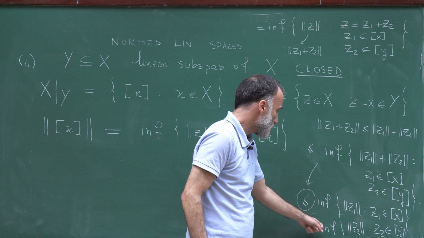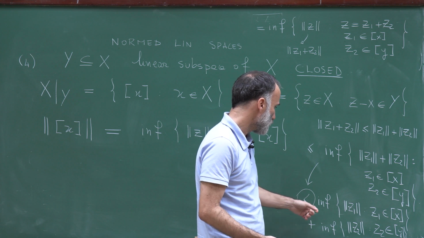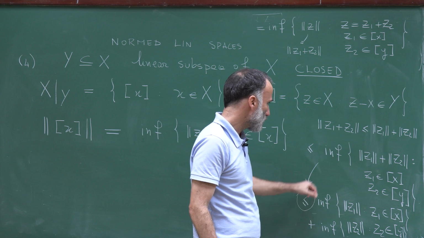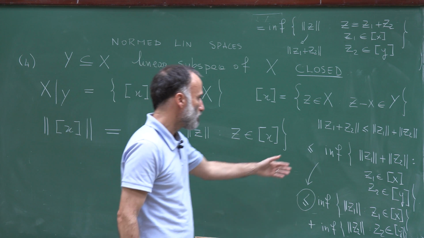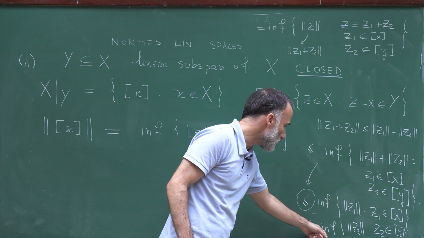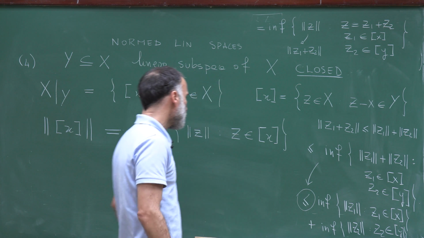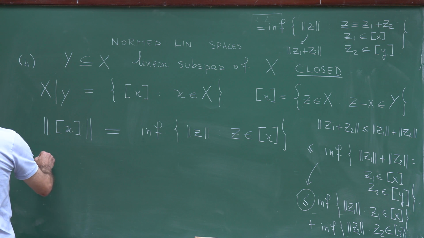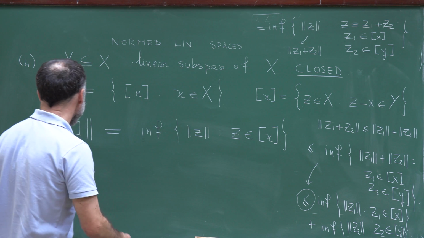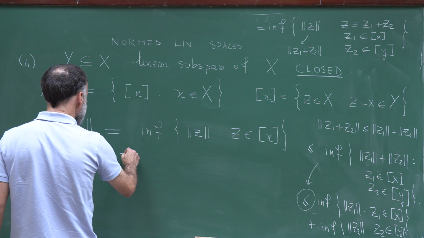So if either of these infima are equal to plus infinity, there is nothing to prove because the right-hand side will be plus infinity, and that certainly will be larger or equal than the left-hand expression. So I can assume that both infima are finite. If both infima are finite, I fix an epsilon positive. Then I can find, let's say, a W1 in the equivalence class of X